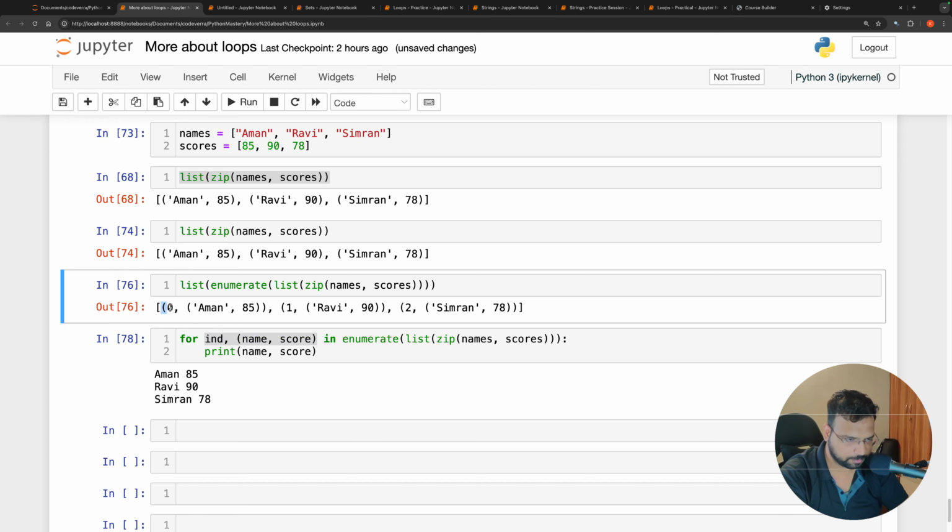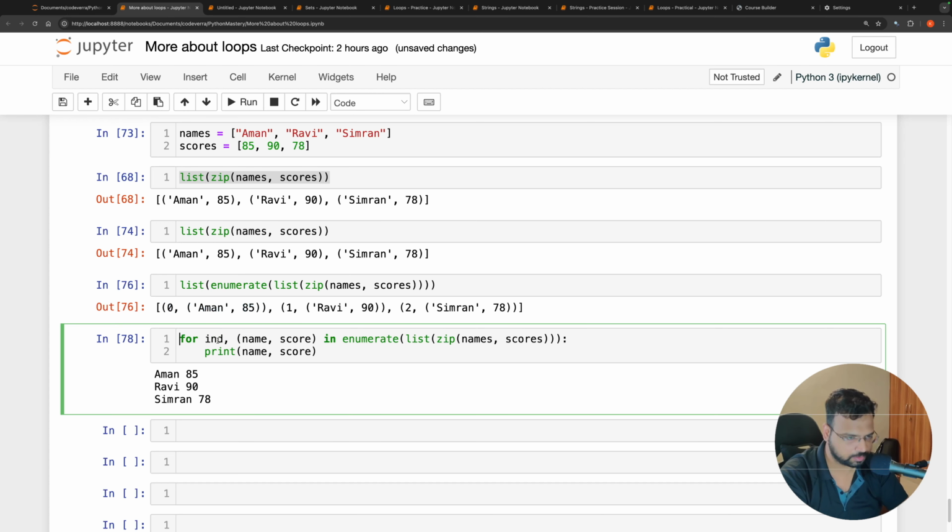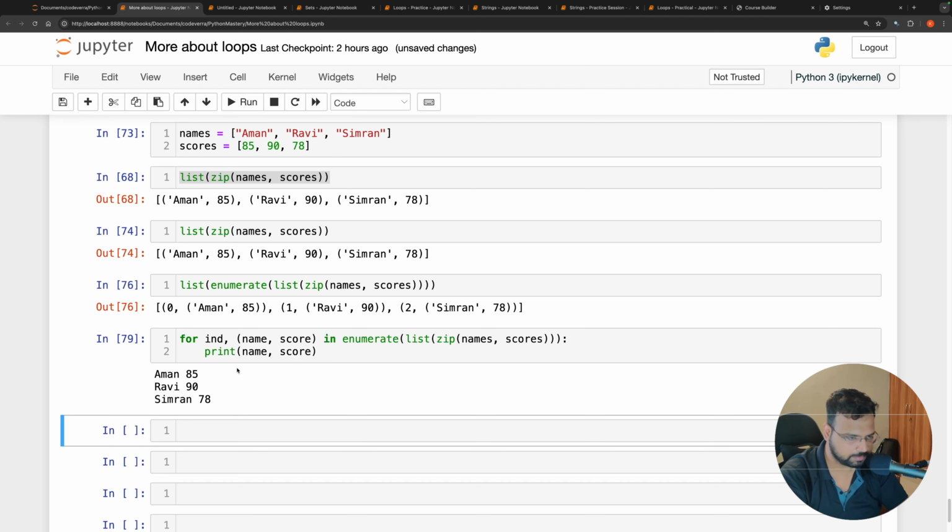So this is giving me a tuple which again consists of a tuple. So I am accessing this index here, and this thing is again a tuple. So I'm doing a tuple unpacking inside a tuple, and I'm accessing it as a tuple, and I'm storing it as name and score this way. Okay, so now if I do this, I'm able to get the same result, but I also want to print